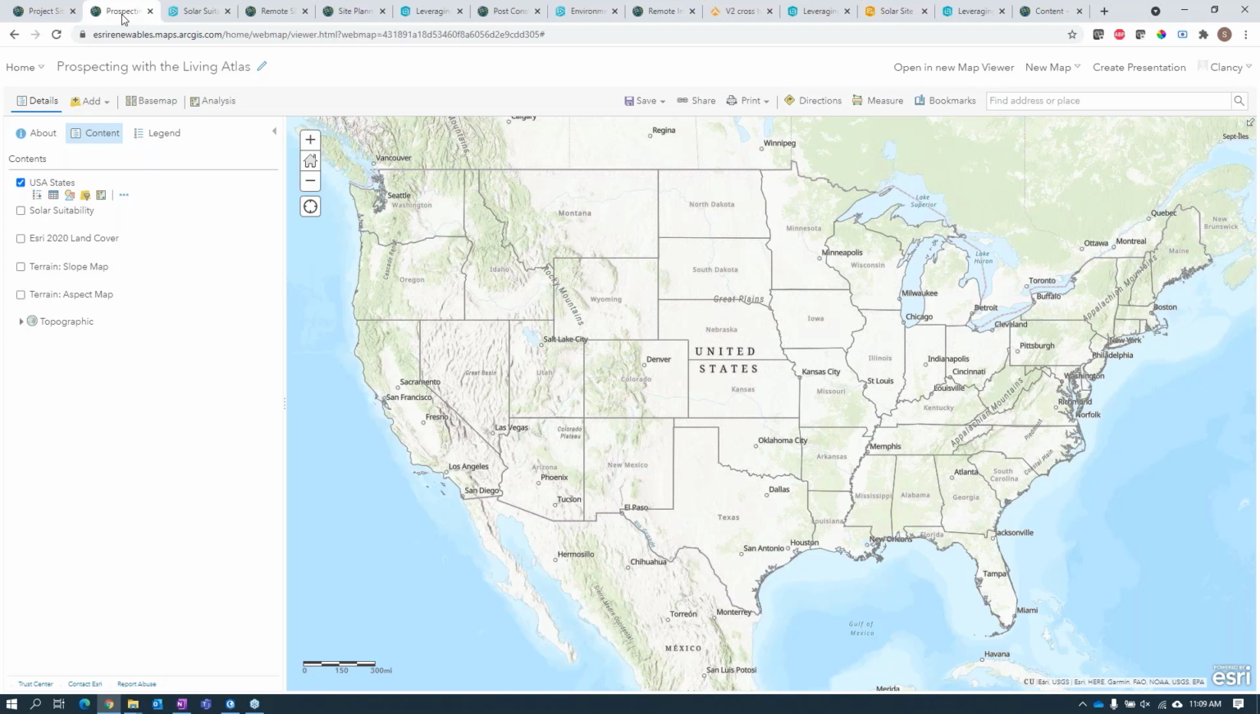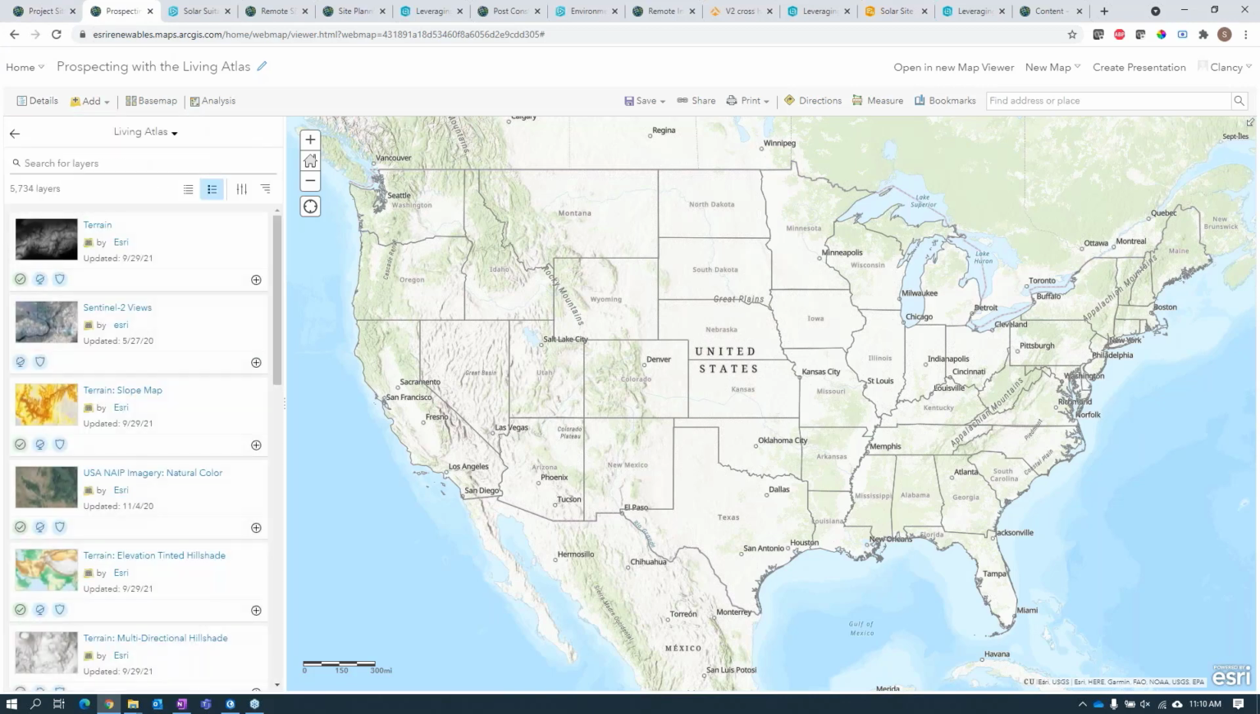Now, one of the biggest challenges for these prospecting workflows is finding authoritative and relevant data that's in the right area that you need or that is up to date. And there's actually a lot of data already included in ArcGIS that many of you can use in your workflows today. So looking at our Living Atlas that I can access here through our web viewer in ArcGIS Online,